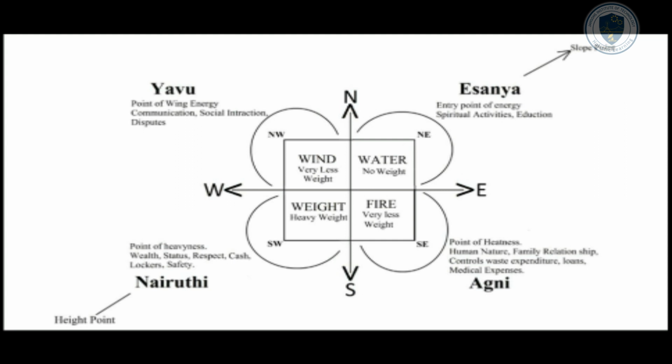Southeast direction. It is also called House of Brahma. Kitchen should be provided at this place. Next is northwest direction. It is also called House of Vayu. This is the place where the toilets are provided. Next is southwest direction. It is also called the House of Wind. Main bedroom should be constructed at this place for peaceful sleep.